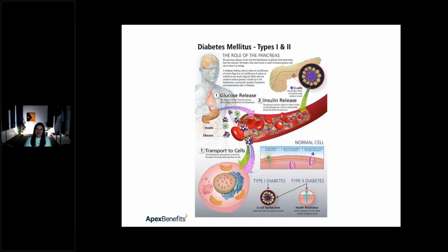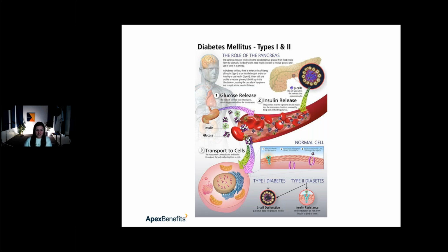And with that, I, as a nurse, am going to share a little bit about the pathophysiology of diabetes, because hopefully if you actually understand where this comes from, it's going to be a little bit easier to know what we actually need to do about it to treat it. So first of all, diabetes is chronic, which means it is long lasting, and it's a health condition that, at a high level, affects how your body turns food into energy.